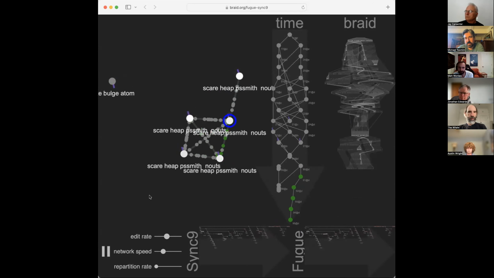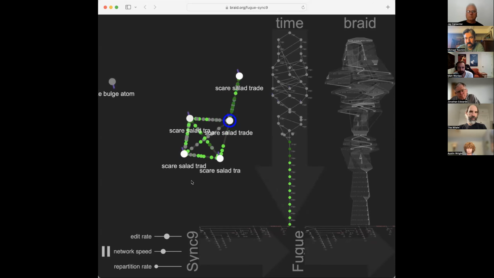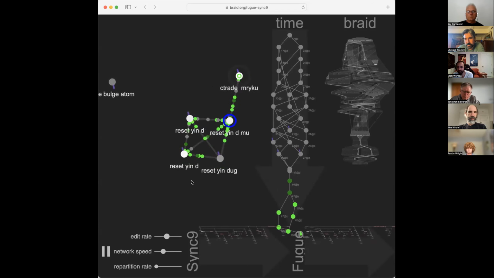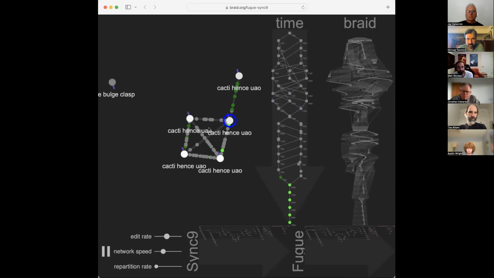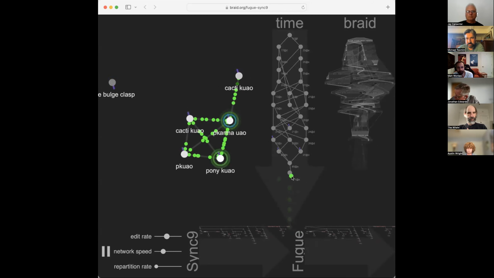Right. Well, maybe. I'm not sure there won't be, but here's a way of looking at it. We haven't implemented antimatter for non-Sync9s, but there is a general part: this network with the messages is general, and this time DAG is general.